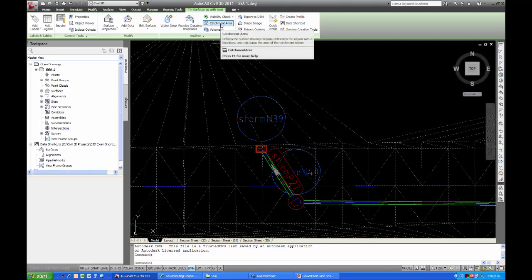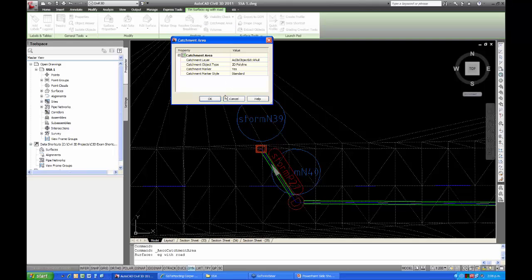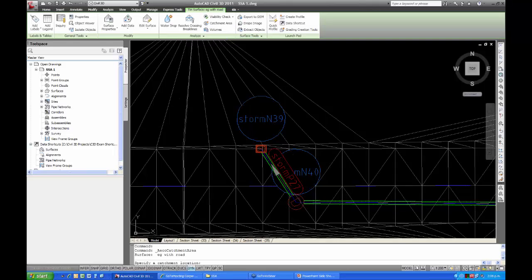There's another one here that's been in Civil 3D for the last couple of years, catchment area, and we're going to use that to determine the area that is flowing into these manholes. Sorry, not manholes, pits or sumps. So let's go catchment area and go OK. And then I'm just going to click on where the sump is,